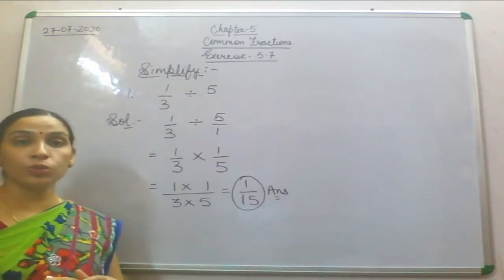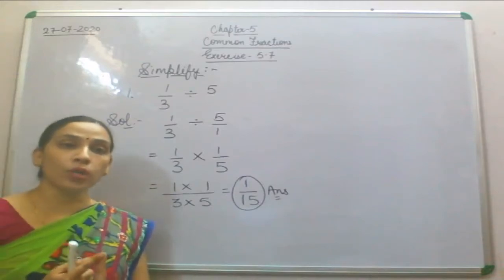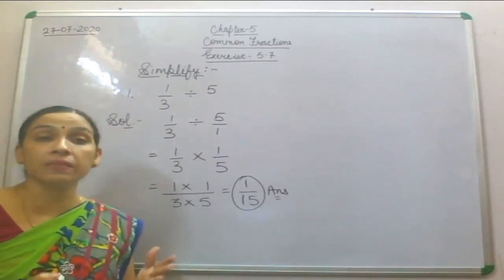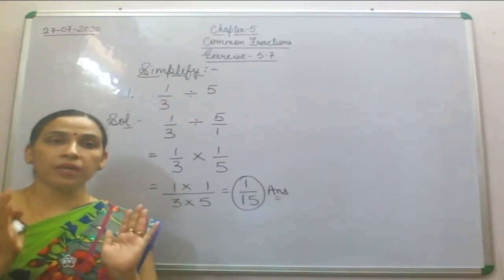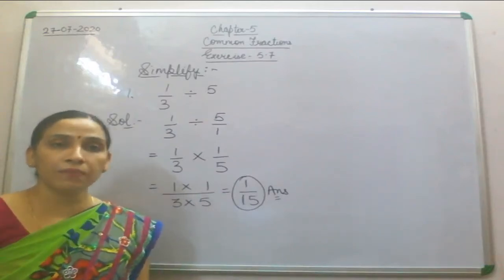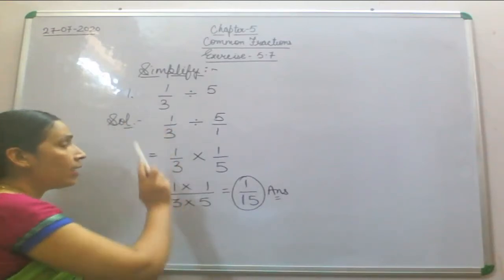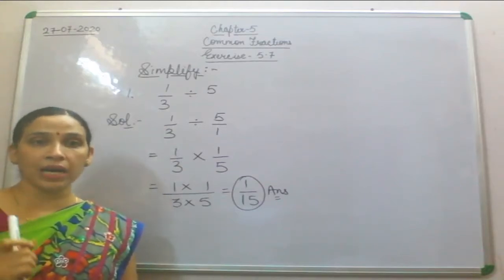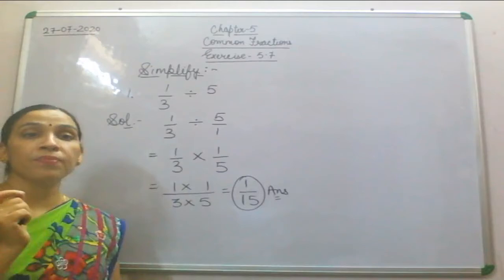I hope you understood this. Let's see how to solve it again. Now what is given to you? We'll see all the concepts again. First of all, what is the question? Simplify. Simplify means you are going to change it into simple form. Whenever we change anything into simple form, that is called simplification or simplify. Now here you have been given a unit fraction 1 by 3. Why is it called a unit fraction? Because unit fractions are those fractions which have 1 in their numerator. So here 1 by 3 will be divided by 5.